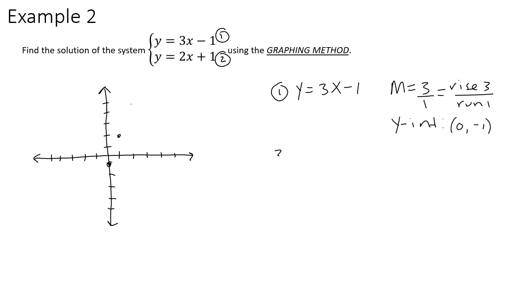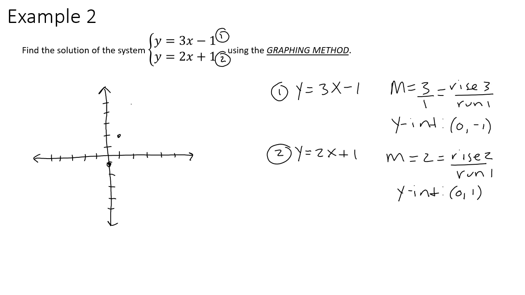I'm going to jump to equation 2, which is y equals 2x plus 1. So this has a slope of 2, which means I rise 2 and run 1, but before that I need a point, so I'll use the y-intercept, which is 0, 1. Actually, let me first graph the first line. That is L1. So now the second line, 2x plus 1, I start with the y-intercept of over 0, up 1, and I'm going to rise 2, run 1, rise 2, run 1, rise 2, run 1,